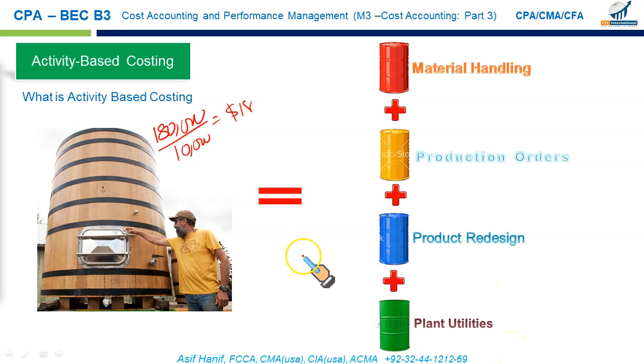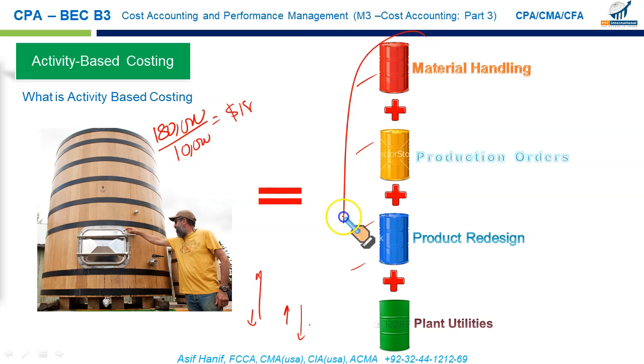So each type of units we produce will consume these activities differently, hence it will cost differently. So the previous problem we had in the volume-based system, where some items that should cost less used to cost more, and some items that should cost more cost less. This is called product cost cross-subsidization. This is the problem that we can conveniently resolve using the activity-based costing.